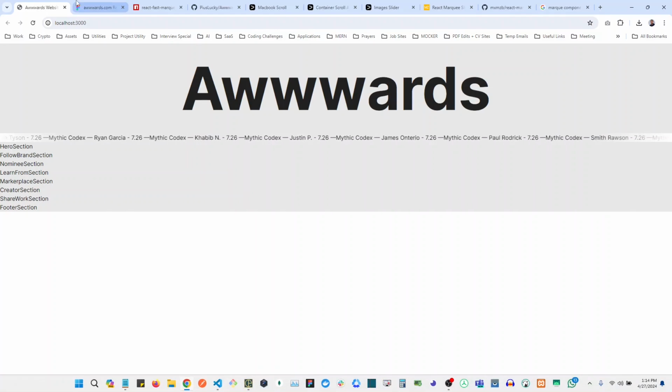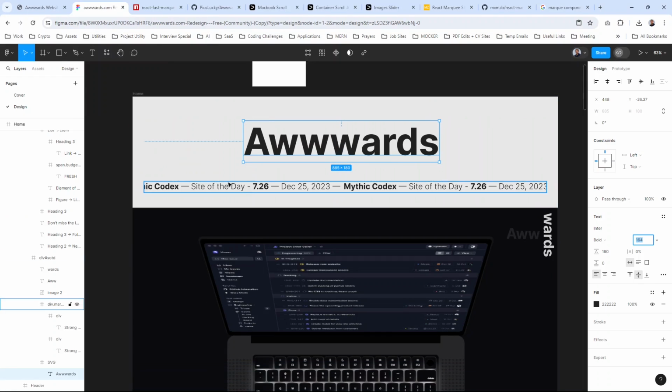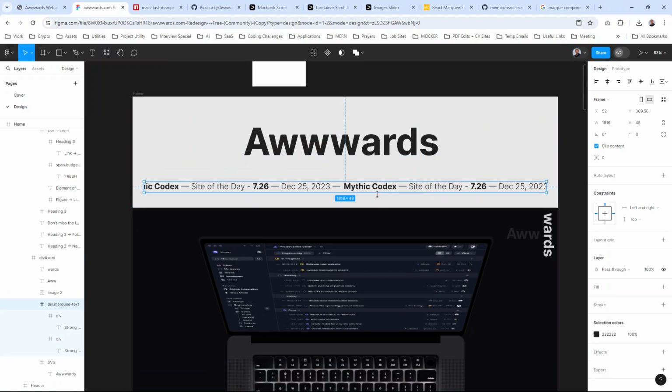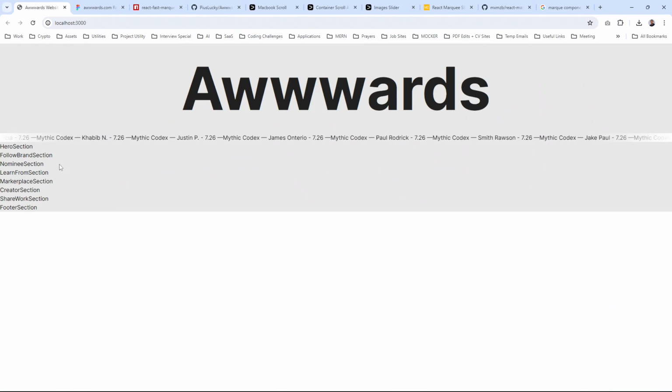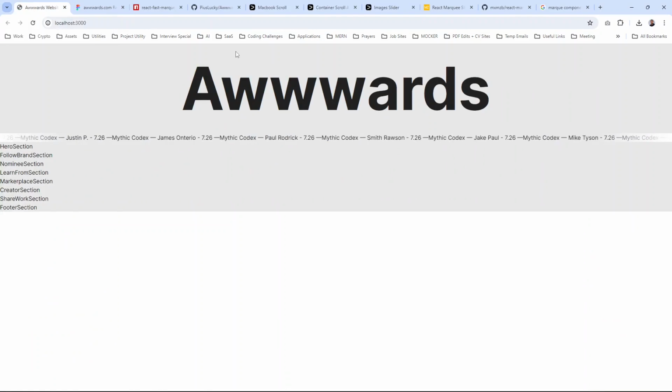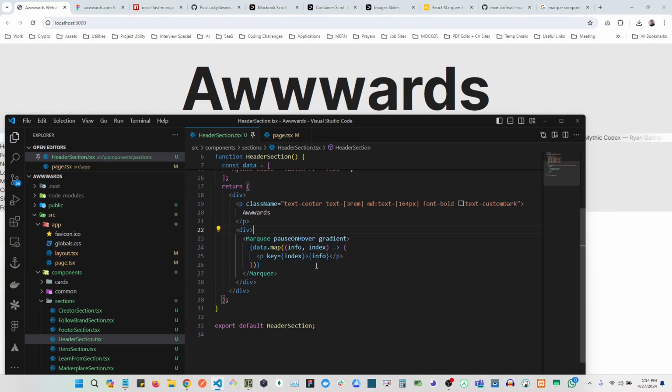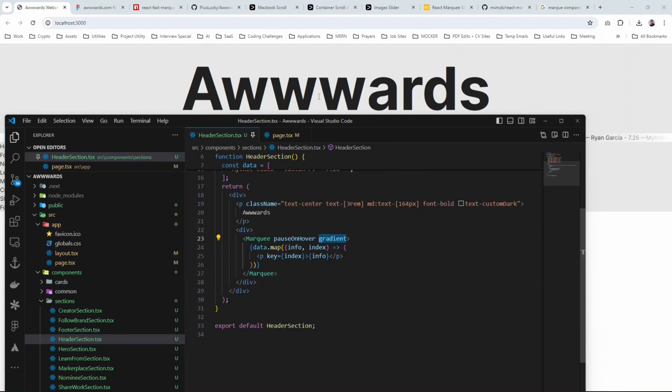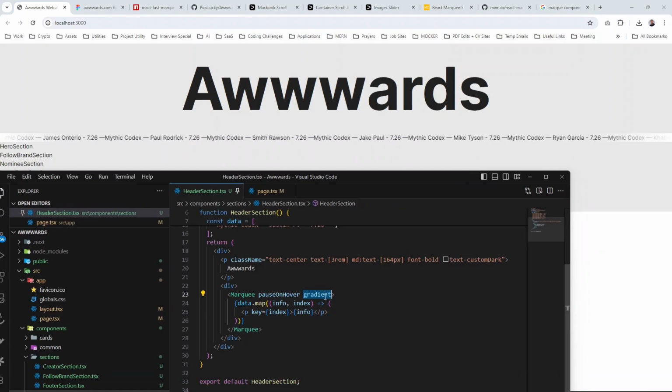Okay, so this is what we have. We've actually gone ahead to basically add some gradient to the left and right part. And well, this is actually optional. We can also just leave it. So if we don't want that kind of gradient, we can take it out. So pause this on hover. Good, good, good. So this seems to be too big, but let's do